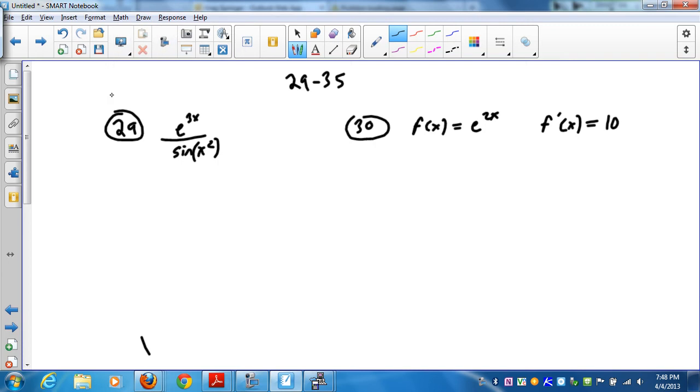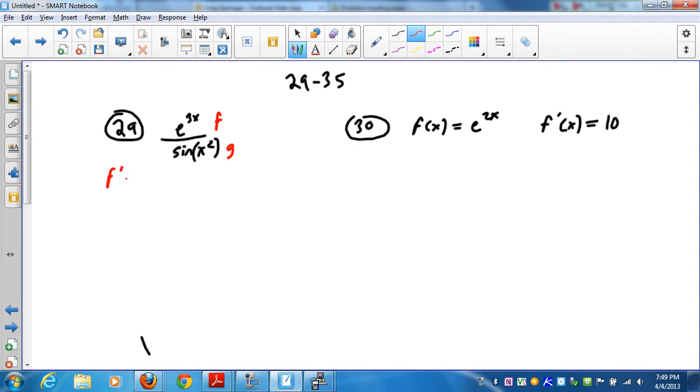Okay, let's take a look at the take-home test 29 through 35. 29, here's the function e to the 3x over sine x squared, and they just want to know the derivative. So, just looks like the quotient rule again, so we have f and g, and